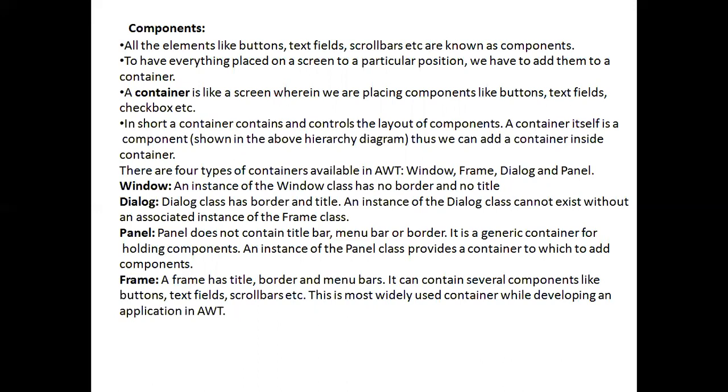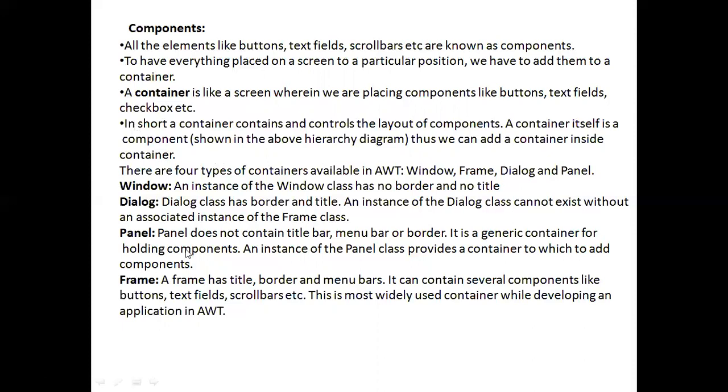That depends on the design of the application. In short, a container contains and controls the layout of the components. The container itself is a component. Thus, we can add a container inside a container, based on our design of the GUI.